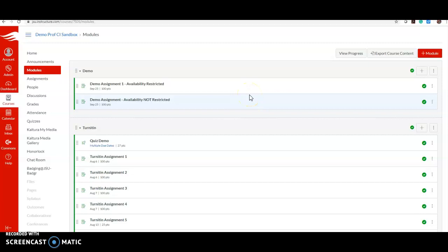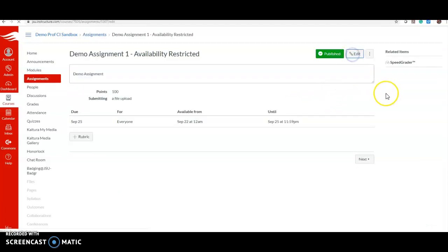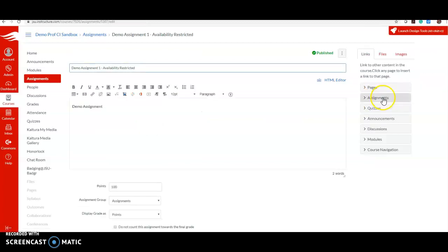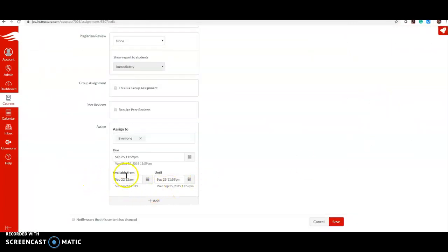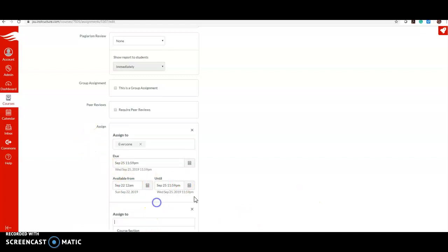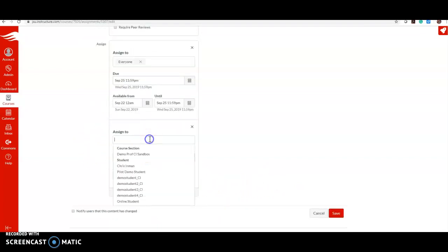So we're back and I'm in instructor view. So here's the assignment with an availability restricted. So I'm going to go into edit, look at the settings here. So I have the due date, and then this is the range that is preventing students from being able to submit again. However, if you have a situation where you would like a student or a set of students to have additional time to submit an assignment after the until date, then all you have to do is click on Add and click in that box